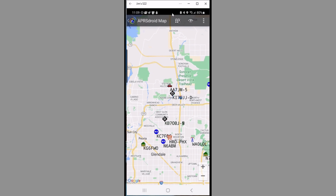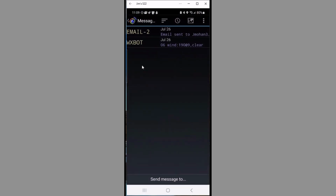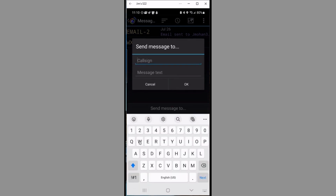Again, now I'm still in the map. If I wanted to leave the map, I can go to my messages. And here are a couple of messages that I've sent. So let's do a message, and let's use this weather bot as our first example. I'll click send a message, and the call sign is going to be WXBOT, and the message is going to be